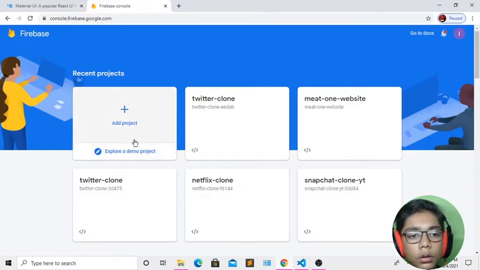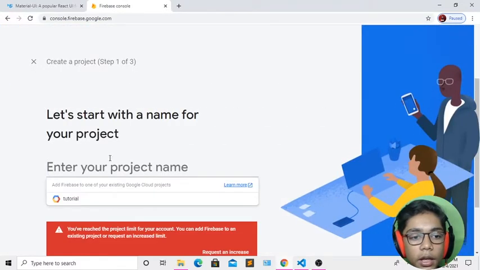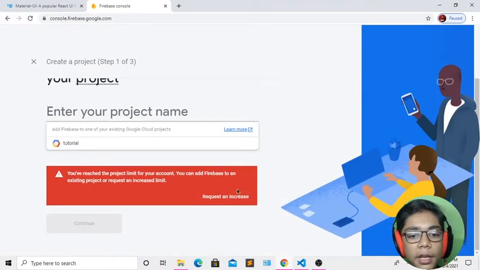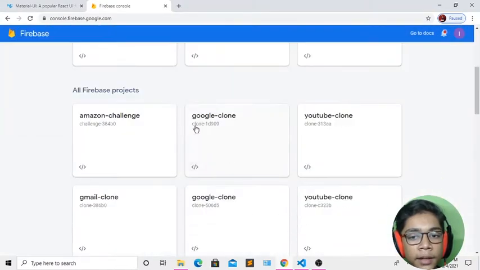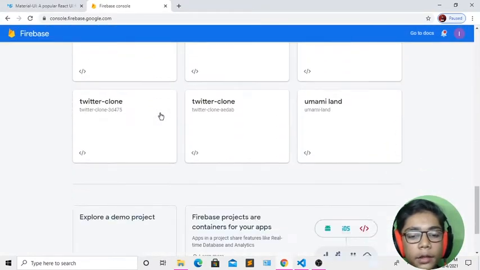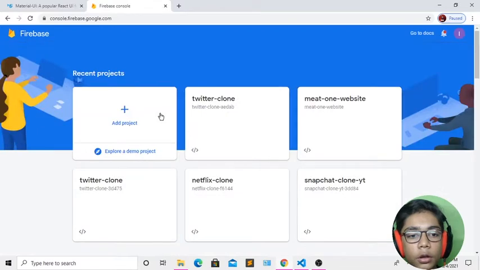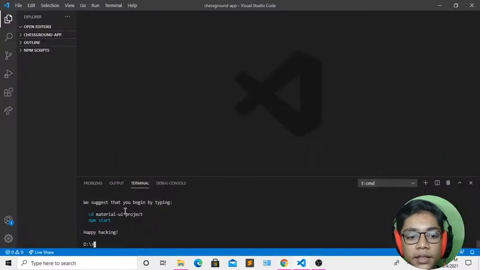And if you know, you don't have to create that, because I will be telling you how to create a project. Here you write your project name, and you can see it is written that your project limit is reached. Because my project limit is reached, I have created many projects, so you can create many projects by using your next email if you are also having this problem. Then I will close that and minimize, and you can see it is installed.